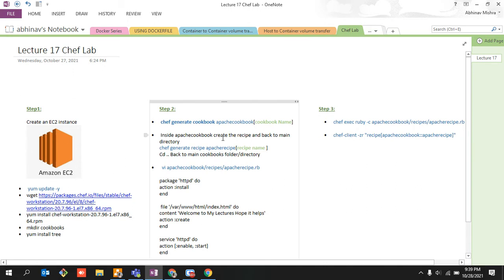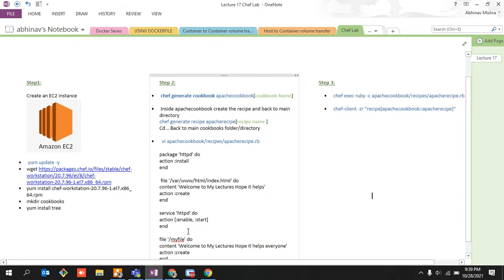The second step, we would be generating our cookbook, and after that cookbook is generated, we would simply go inside that cookbook. We will generate a recipe, and we are going to write a particular piece of code in Ruby, and then we will get back to that and execute it, and we will see what the output of this particular command would be, right? So the whole essence of this lecture is that we are going to simply create a cookbook, and we are simply going to create a recipe, and that's it.